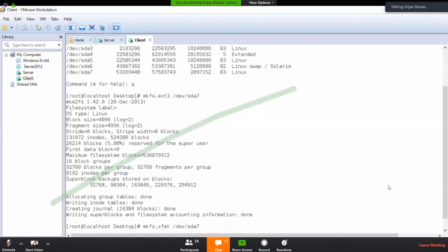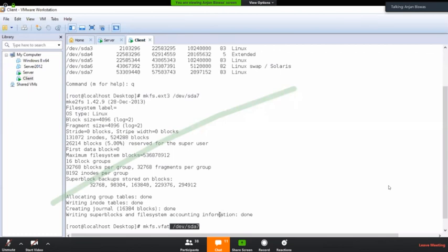mkfs.vfat, and then the pen drive should be given like /dev/hdb something or hdc something. You need to put the name of your pen drive which has been recognized by the system properly.